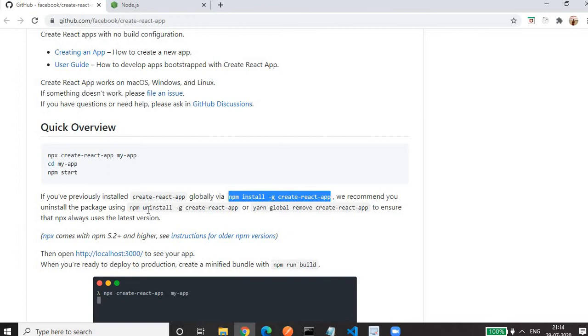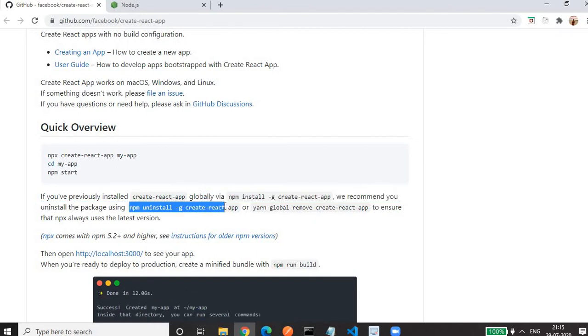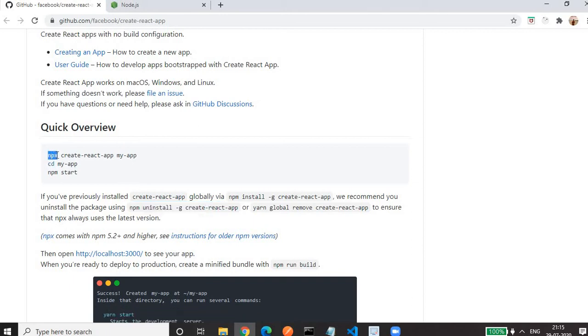If you have done this, you have to uninstall this package by using npm uninstall -g create-react-app. Why? Because we have to use npx instead of npm install, because here it is written that npx always uses the latest version. So we should use this command, not the other one. That command is not used that much now. Okay.